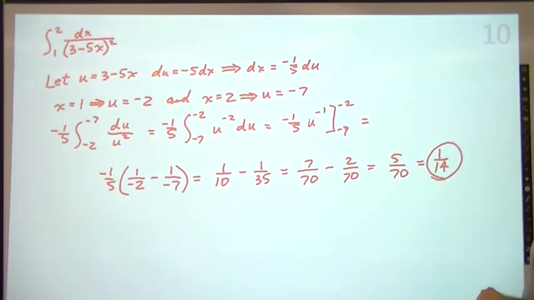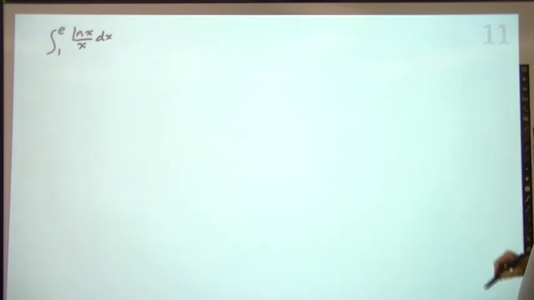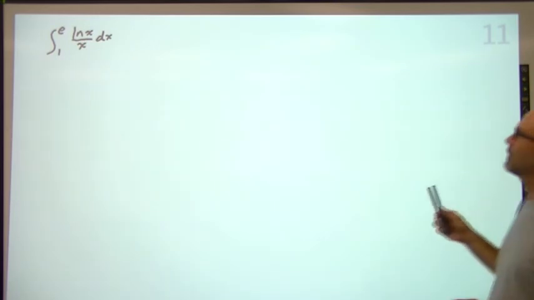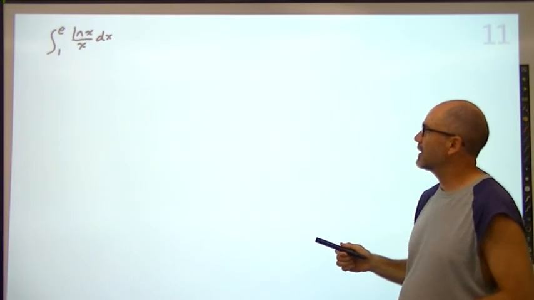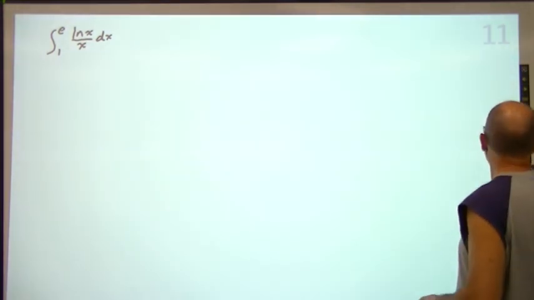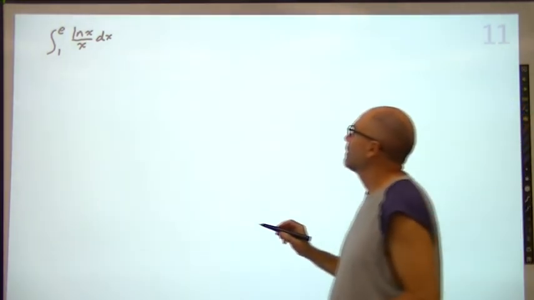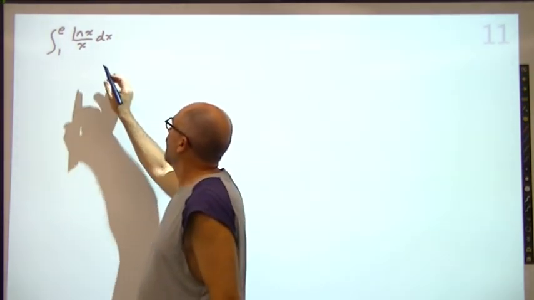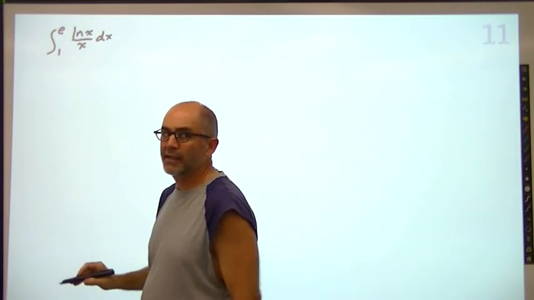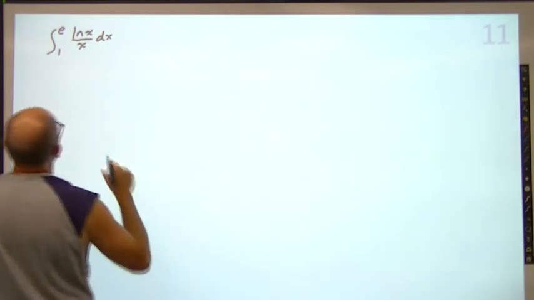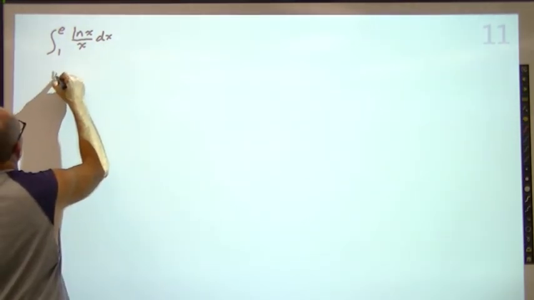Okay, last idea. Oh no, there's one other. Okay, integral from 1 to e of natural log x over x. Now, what we see here is the derivative of natural log x is 1 over x. So what we're going to do is we're going to say let u